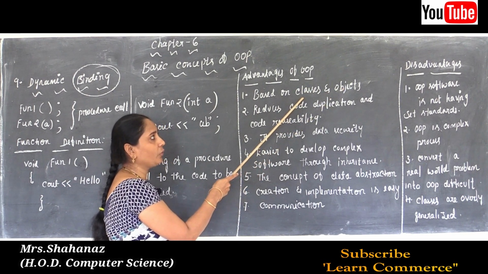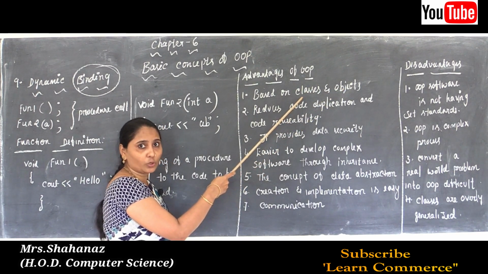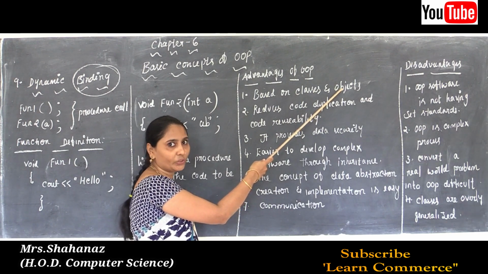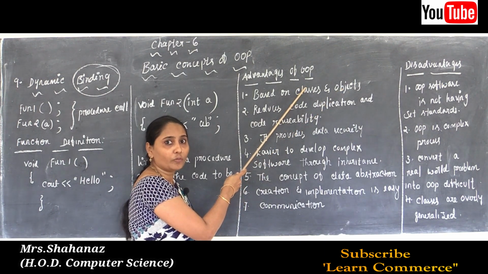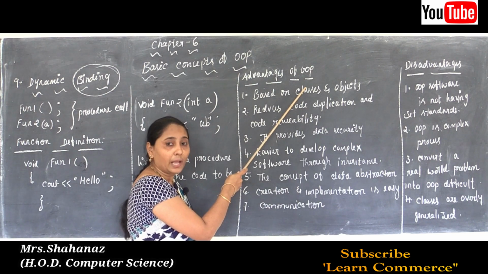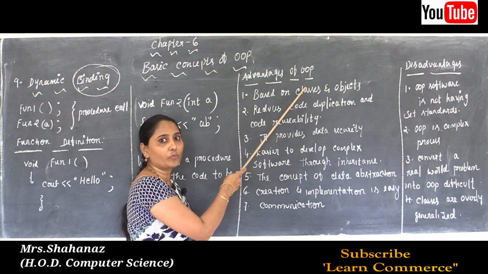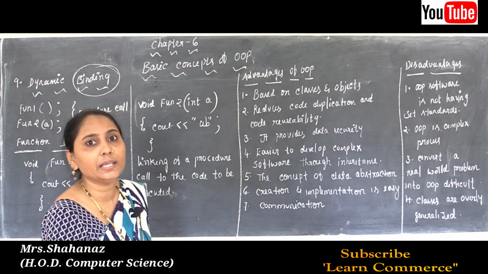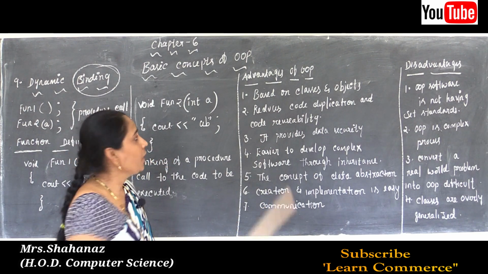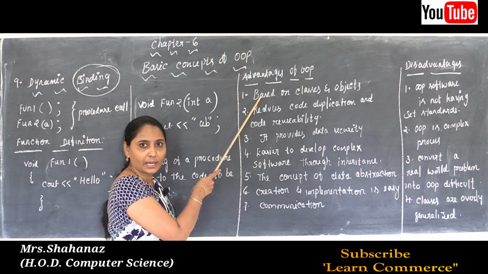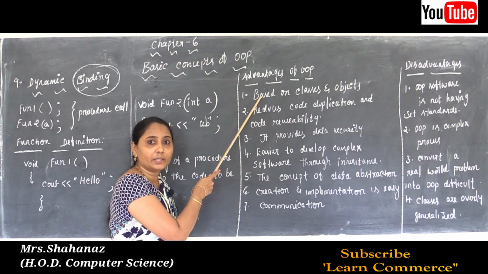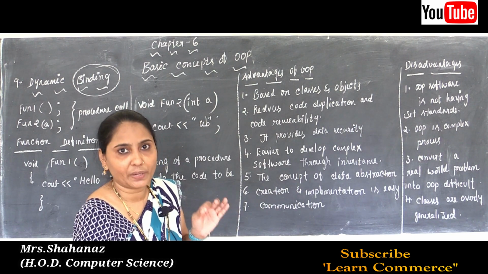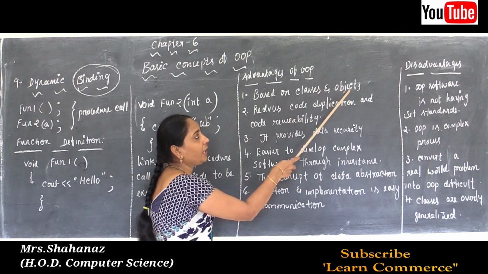Why? Because without a class, is it possible to combine the objects, that is data members and data functions? No. First of all, we need to define a set of classes, and after defining the classes, afterwards we declare the objects, that is the data and functions. So the first advantage is that object oriented programming is modularized, working on the principle of classes and objects.